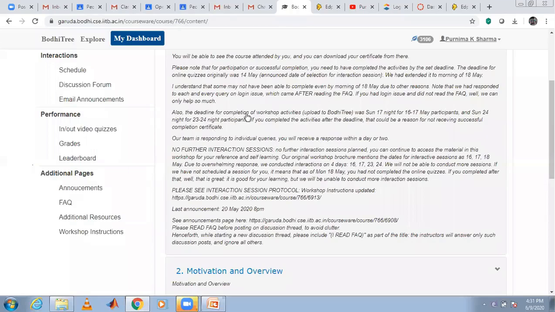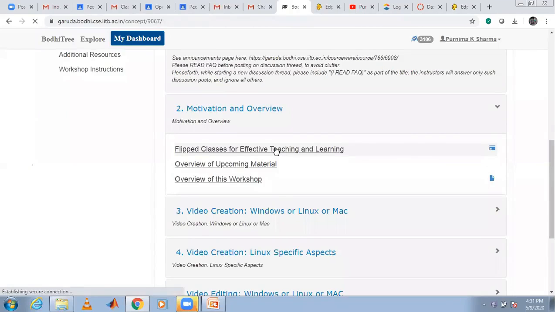Here I'll show you one interactive video. These you can do with Edpuzzle and you can link up with your Google Classroom.